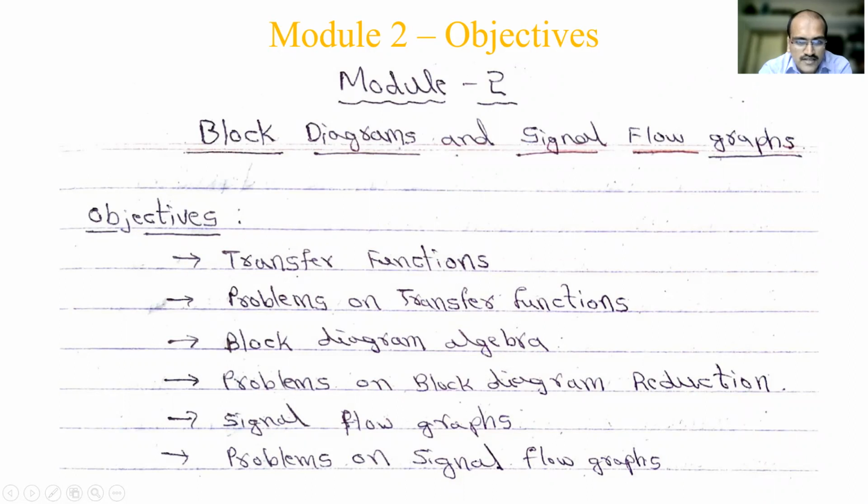And then the second representation is signal flow graphs. Compared to block diagram reduction, where you need to keep writing a number of diagrams for each step, a signal flow graph gives you a formula produced by Mason. So we say Mason's gain formula. Using that, we directly get the transfer function for the same control system. These are the three topics we are going to discuss here: transfer function, block diagram algebra, and signal flow graphs. In all the cases, we will be using the second mathematical model, the transfer function model. First we'll get the idea about the transfer function.